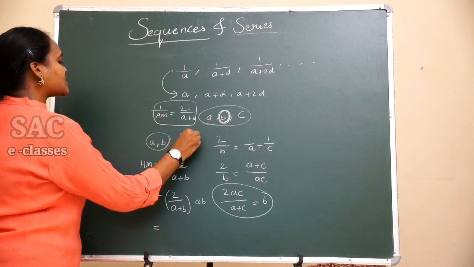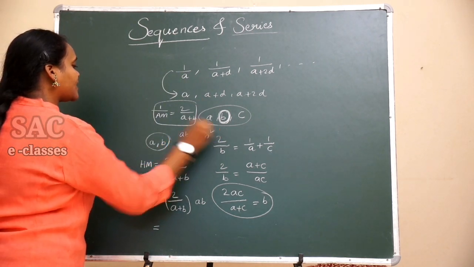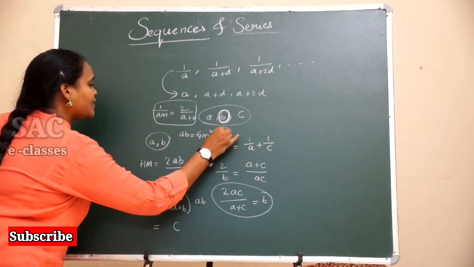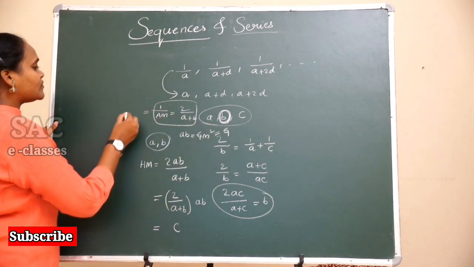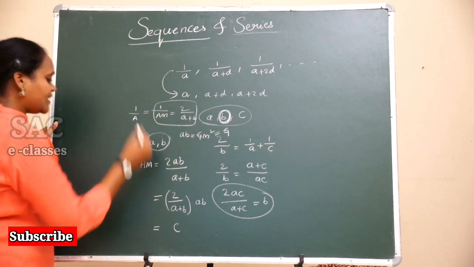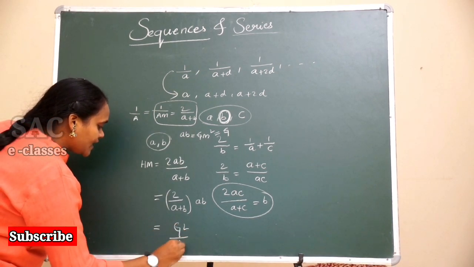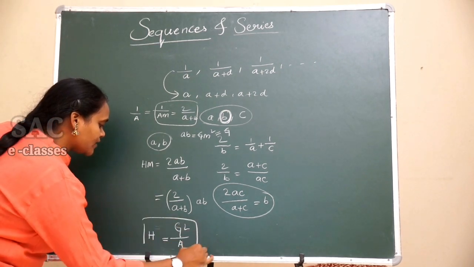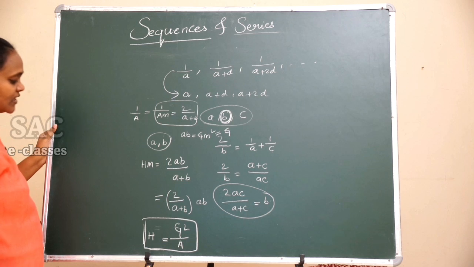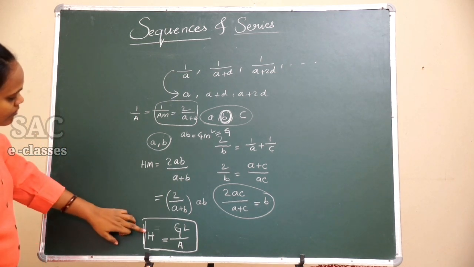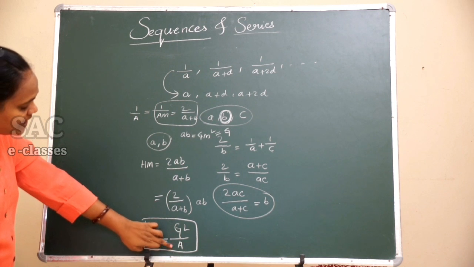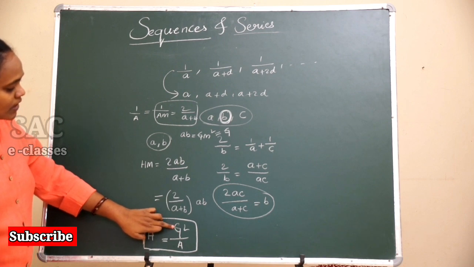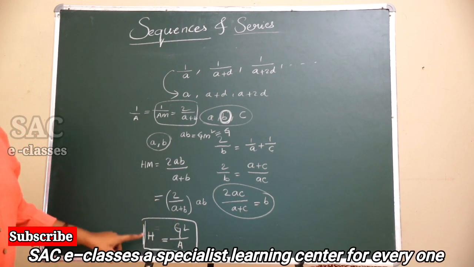And AB is called the square of the geometric mean. So in what way can you write it? Let us think the geometric mean of any two terms is G and the arithmetic mean of the two terms is A. So you can write it as G square by A, which is equal to the harmonic mean. So what is the relationship among all the three means? Harmonic mean is equal to G square by A, where A is called the arithmetic mean, G is called the geometric mean, and H is called the harmonic mean.